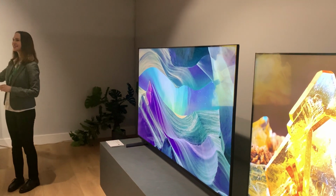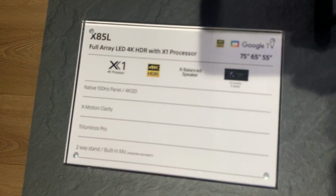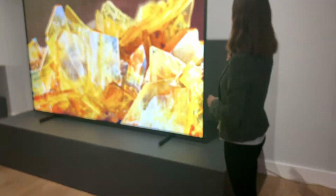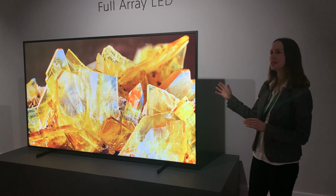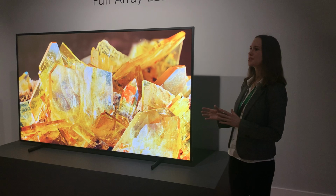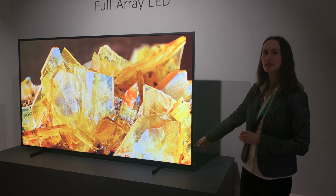And then we have the big X90. It looks different to its little brother over there. So here we have a visible bezel compared to the seamless one over there. But basically all the features we have in our regular X90 models will be available. So you will have Bravia Core, you will have the Google interface. All these features will be available on this model as well. The stand also comes in this diamond-shaped